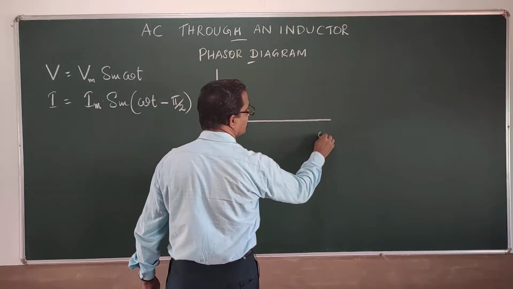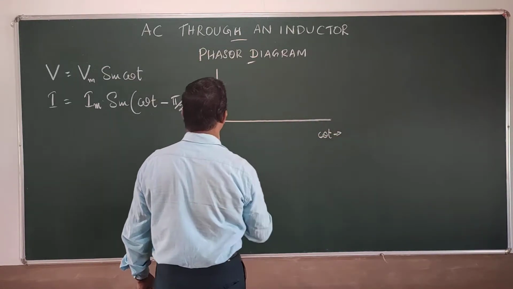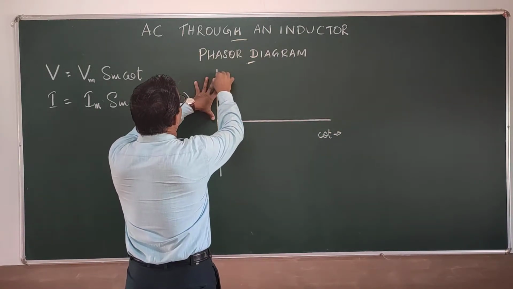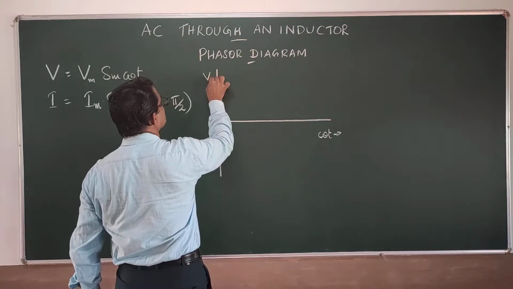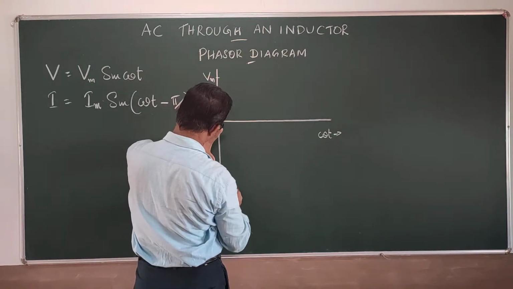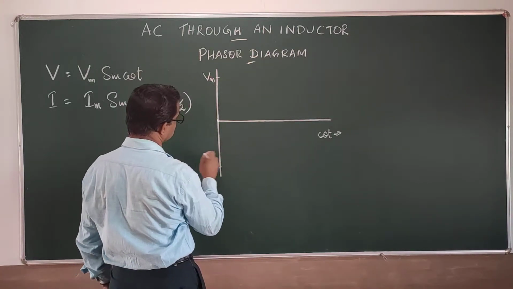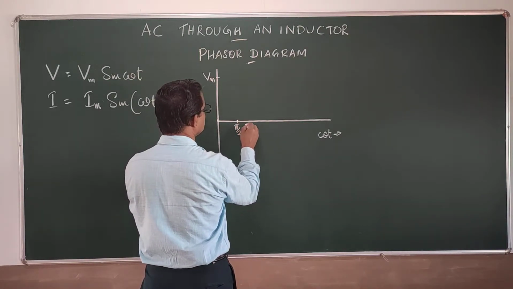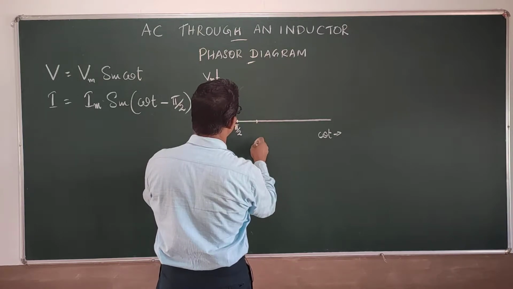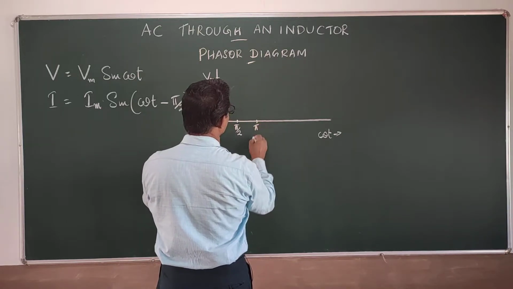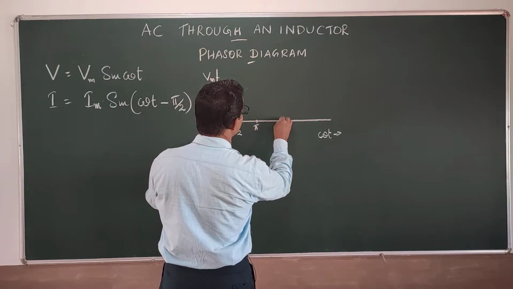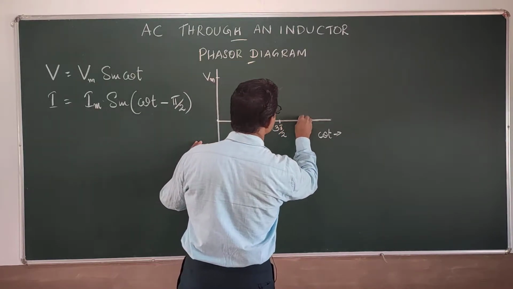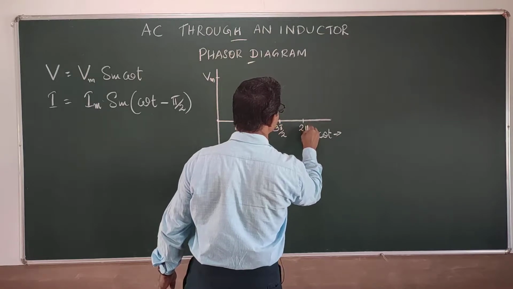This is omega t, and this is the initial value. Let us take Vm this much, and from this side Vm this much, and let this be pi by 2, and this is 2 pi by 2, and this is 3 pi by 2, and this is 4 pi by 2,